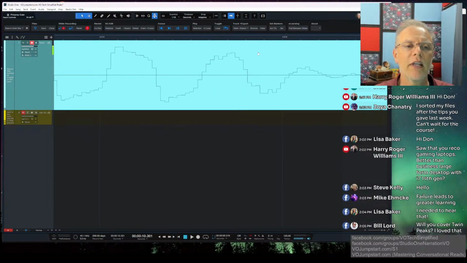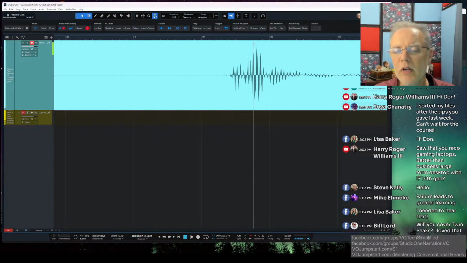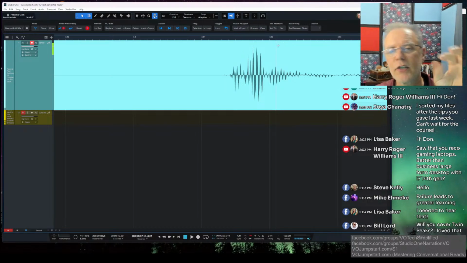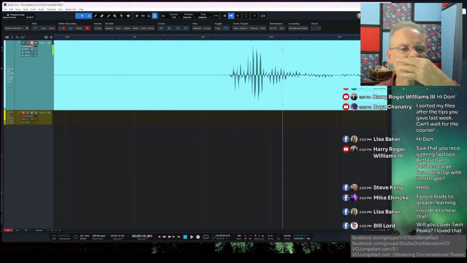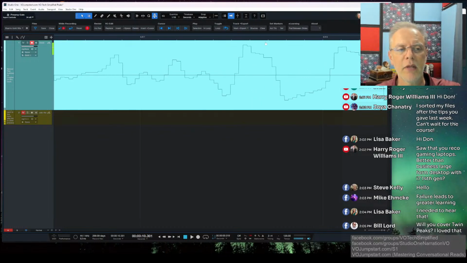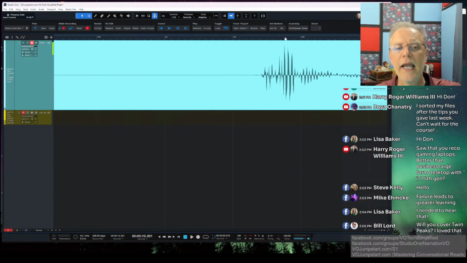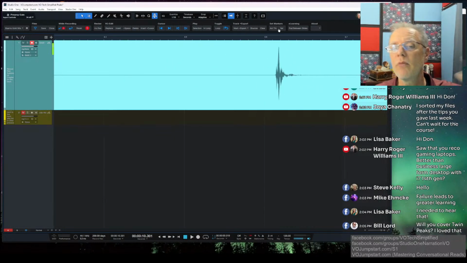And so if there's one little peak that would have been too hot, or a bunch of peaks that are too hot, it will bring them down. It basically turns them down almost instantly. Well, in our case, it'll turn out to be instant. And then nobody can hear it when a good limiter kicks in.